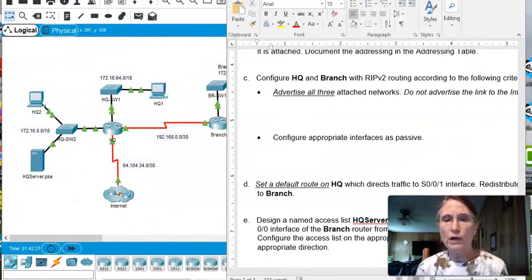Now we have made our way to part C, where we are going to configure a routing protocol, RIP version 2, on both the HQ and branch routers. And we're going to use some specific criteria. We're going to advertise the 3 attached networks. We are not going to advertise the link to the internet, and we are also going to configure appropriate interfaces